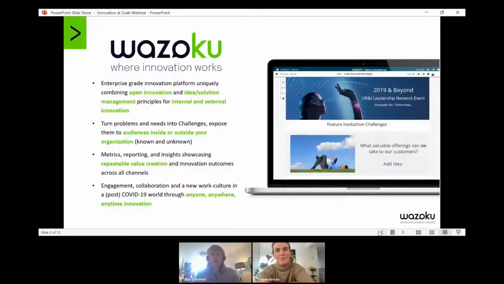So, introducing Wazoku, we work with organizations globally across different sectors to provide them with the tools and capabilities to crowdsource ideas or more fully formed solutions and really tap into the collective intelligence of people within and outside their organizations to solve business critical problems. Our focus is, rather than asking for any idea, to run specific challenges. So solving a specific problem aligned to a business goal to ensure that organizations are crowdsourcing solutions they can do something with and therefore see a higher return on investment and ensure more ideas go through to fruition.